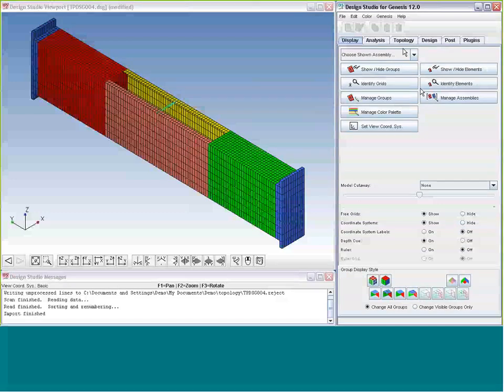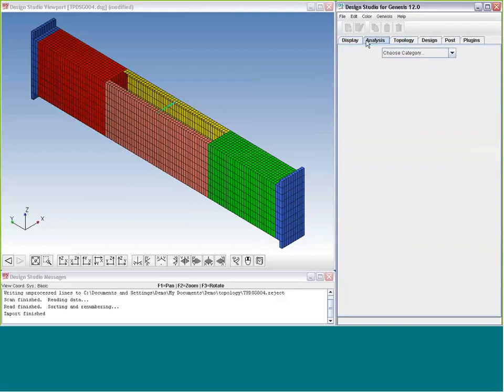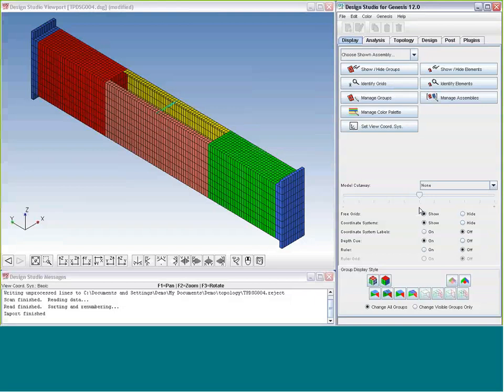The main window on the side has the menu bar, and its main area is divided into a set of tabs which represent the different areas of control, or the different types of data that are going to be worked on within each area. And we're free to switch among the different tabs at will. The Display tab